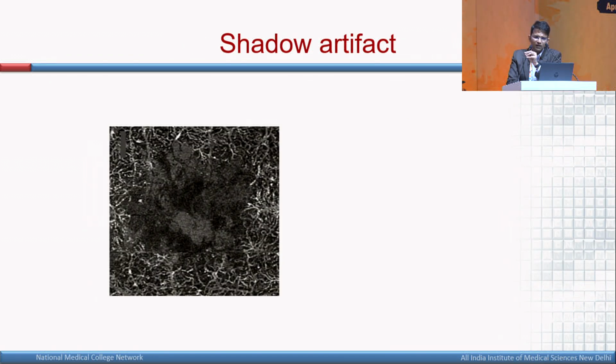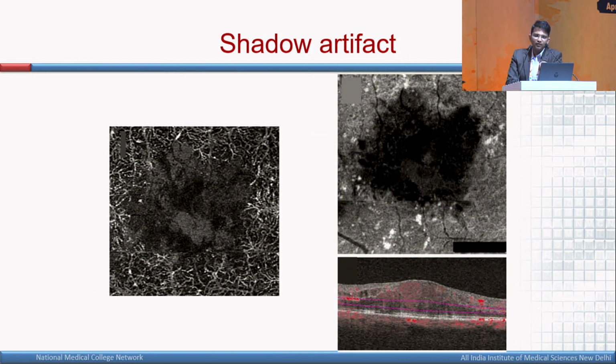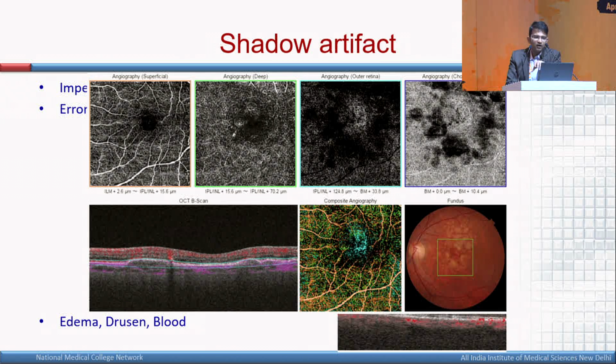and then look for the abnormality appropriately. Now shadow artifacts, as I told, is the last artifact, that in this image you can misinterpret as a flow void, but when you see the signal intensity, you know that the signal is already lost. So in the B scan image, you see there is a lot of edema. That's why the signals are lost, and it's not a flow void. And another example in which you see that there are different flow voids in the choriocapillary slab, but when you see the fundus image and the OCT image, you know that there are a lot of drusen, and therefore it's a shadow artifact which is occurring.